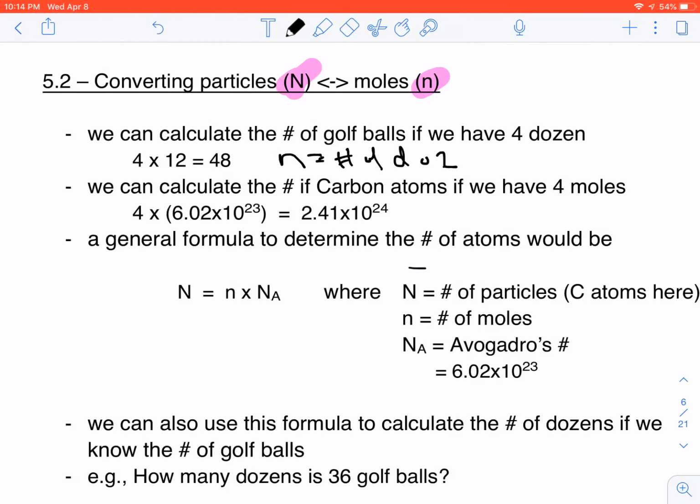times what is our definition of a dozen? 1 dozen is the same as 12 eggs, right? So if I know that 12 eggs is equal to 1 dozen, so if I multiply this times 12 eggs divided by 1 dozen, because 12 eggs is the same as a dozen, when I multiply my number of dozen, which is 4, times the number of eggs in 1 dozen, the dozens cancel out in the numerator and the denominator. Anything that's in the numerator and denominator will cancel itself out, and I'm left with an answer which is